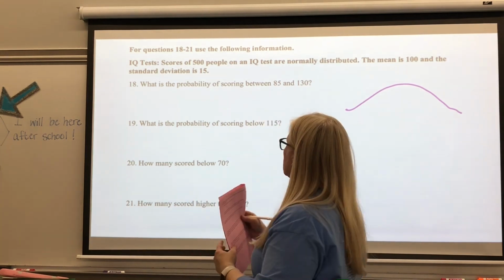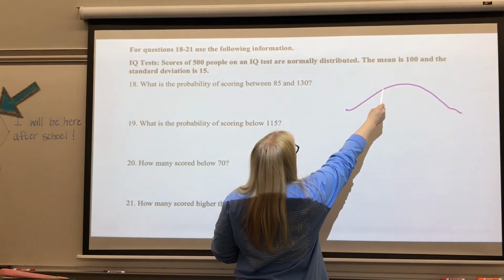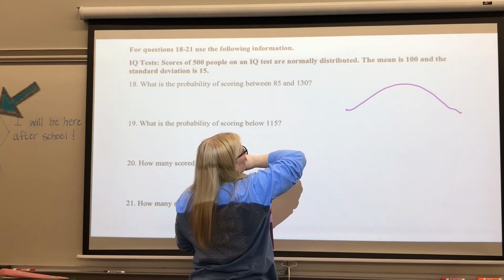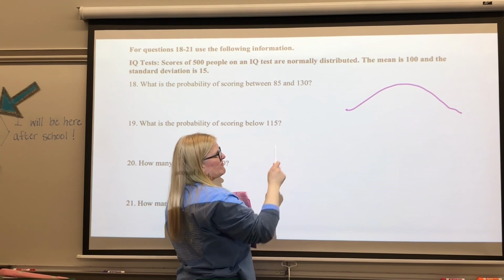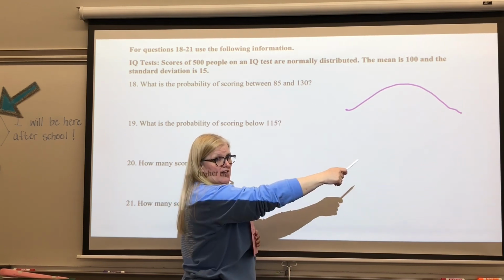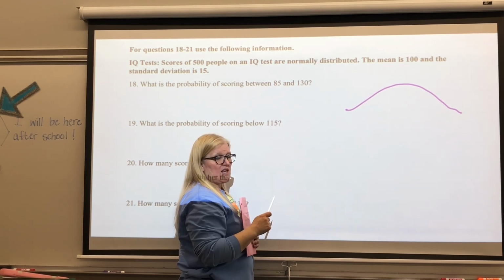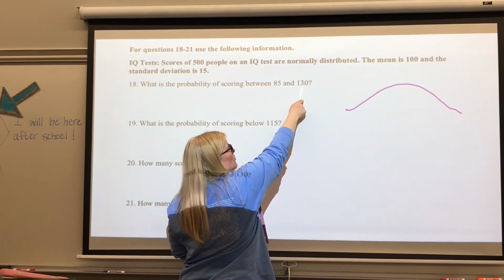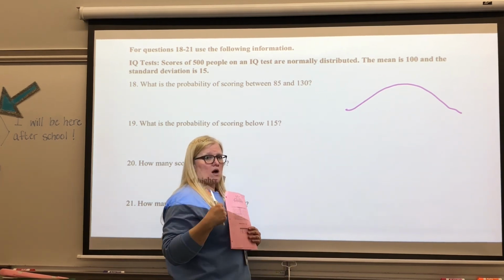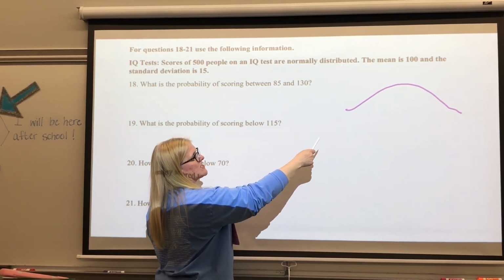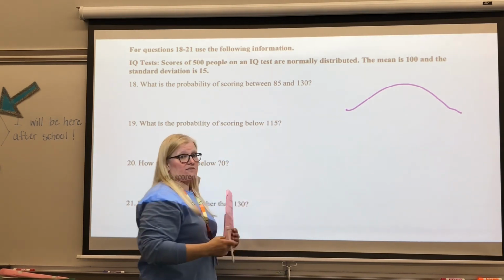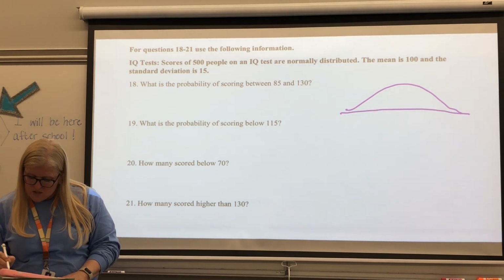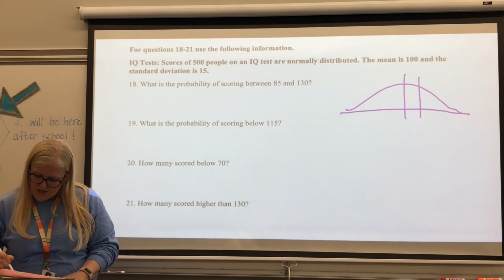But if you notice, the mean is 100, the standard deviation is 15. Well, if you add 15 to 100, go one standard deviation out, that's 115. If you add another 15, which is 2 standard deviations out, you hit 130. So you're right on the mark, okay? If you take 15 away from 100, you're right at 85. So, in this particular case, we don't need to use the table. We can just create our own